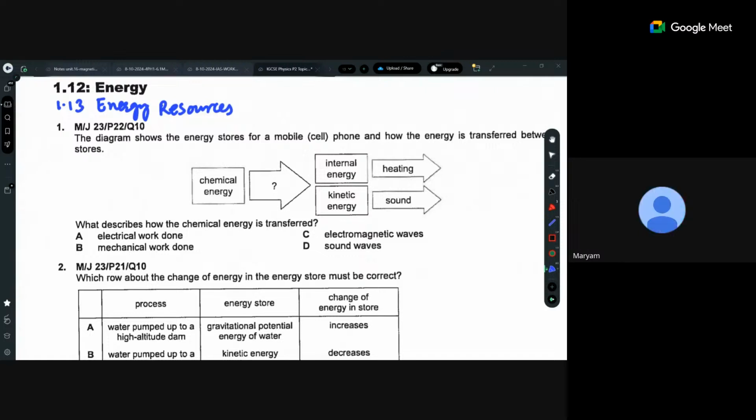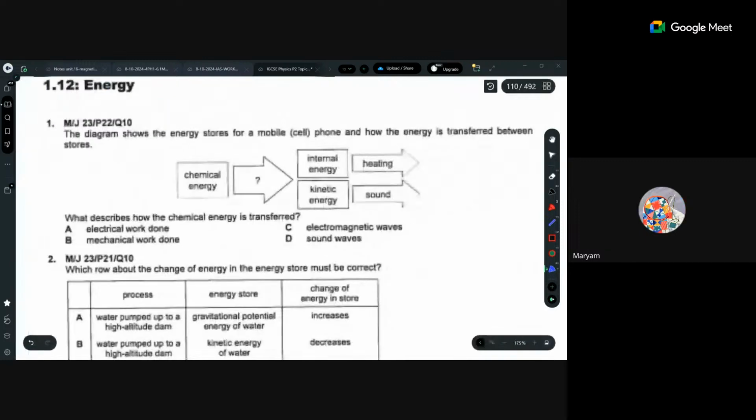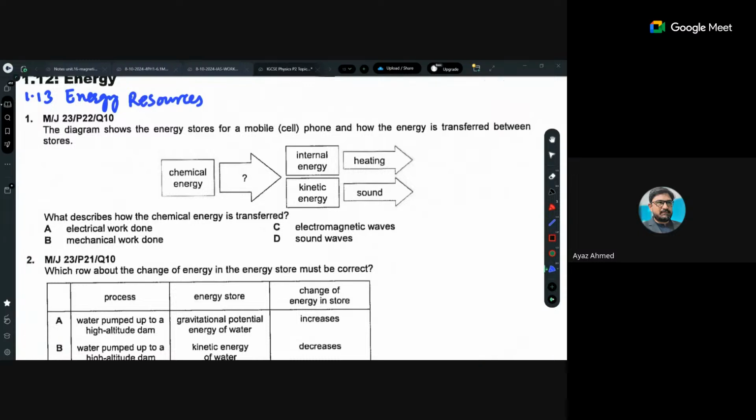Okay, so this test question number one, this energy problem. The diagram shows the energy stores in mobile cell phones and how the energy is transferred between the stores. Chemical energy is there, and then internal energy, and then kinetic energy, and then heat, and then sound. And here is something missing. So, first of all,